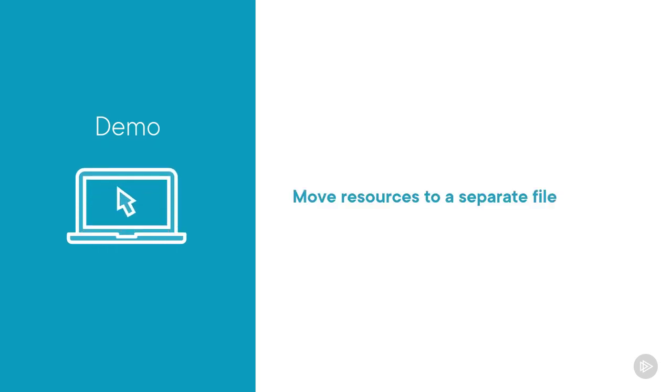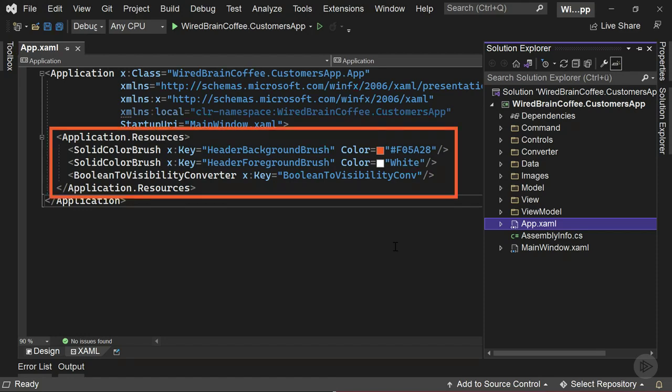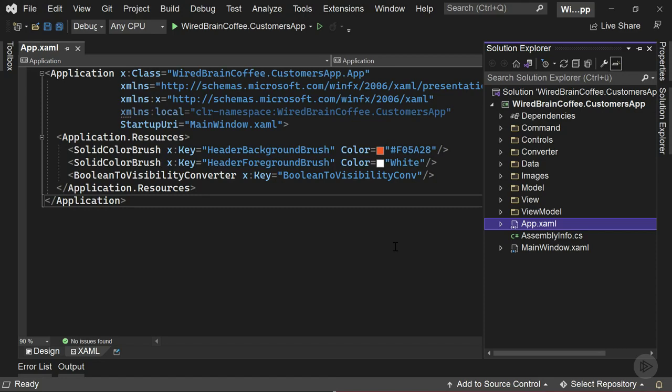In this demonstration you will learn how to move resources to a resource dictionary in a separate XAML file. Let's switch to Visual Studio. Here I've opened the App.xaml file of our project where you have defined these application-wide resources. Now let me show you how you can move these resources to a separate XAML file. You want to do this to reference that separate XAML file in different applications, or maybe also just to organize